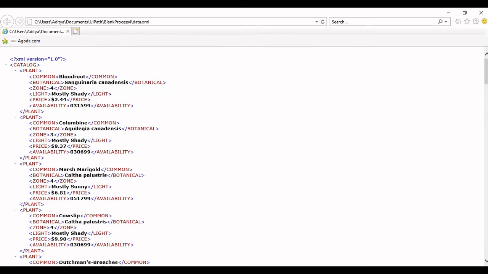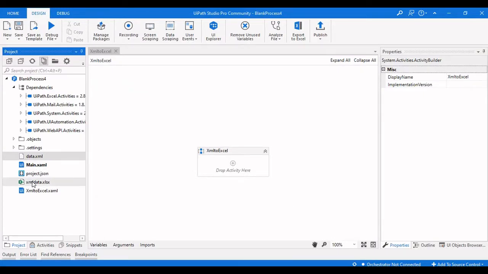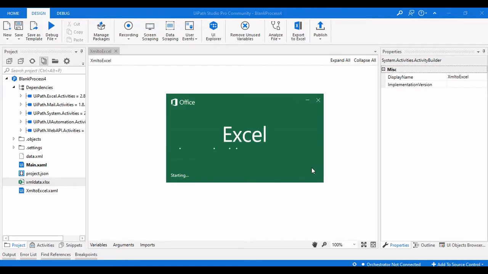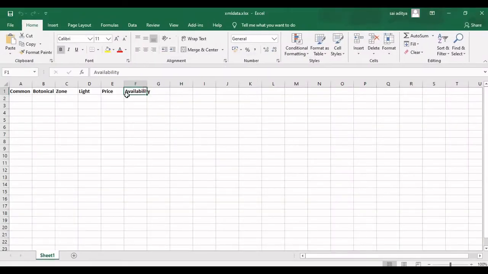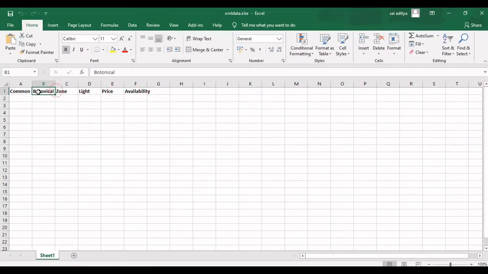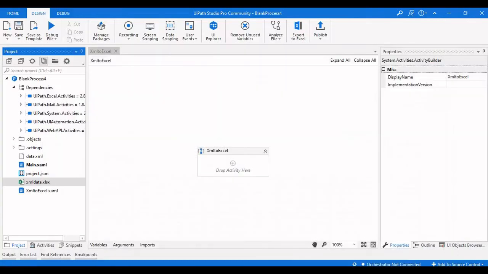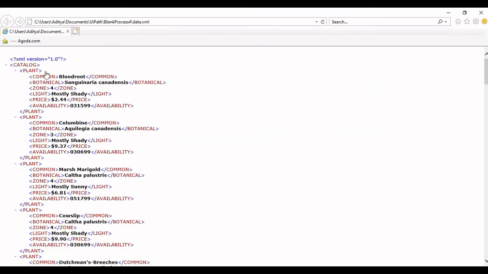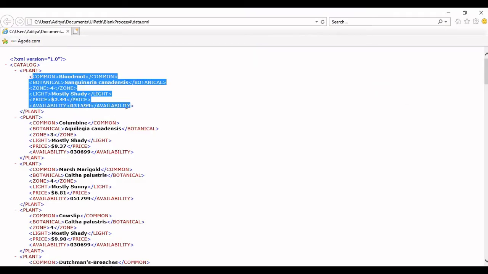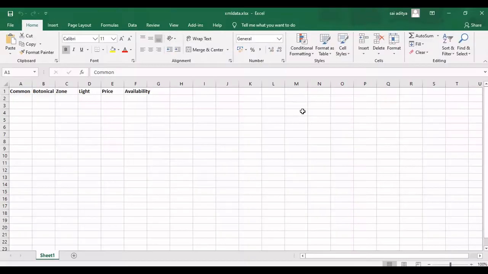And let me show you the Excel file as well. And these are the data that we are extracting from this XML file into this Excel file.